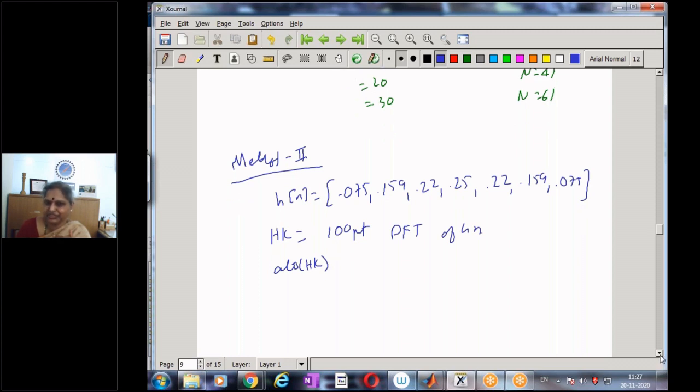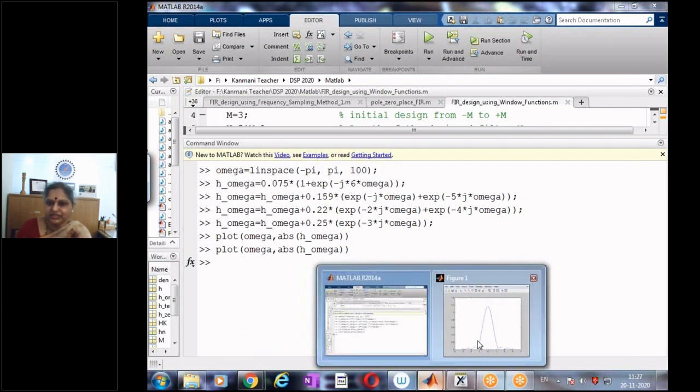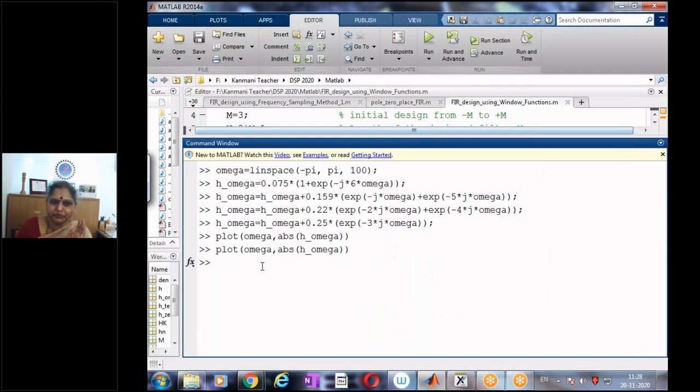So let's check whether we get the same result. Of course, when I do a DFT, I get it from 0 to N. So that is another way of computing. Let's do the same for the same example. So this was one method of computing the frequency response, and this is the result we got. It has some ripples and then it goes up. It is symmetric around the center, and this is the response we got when I defined omega and computed.